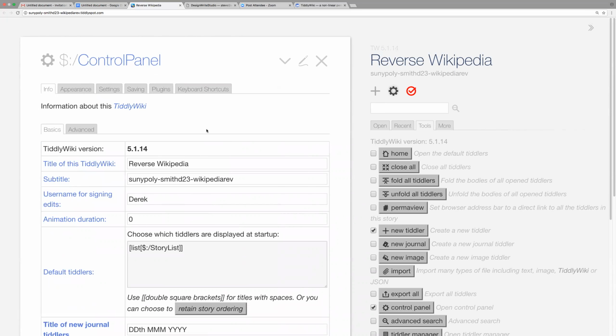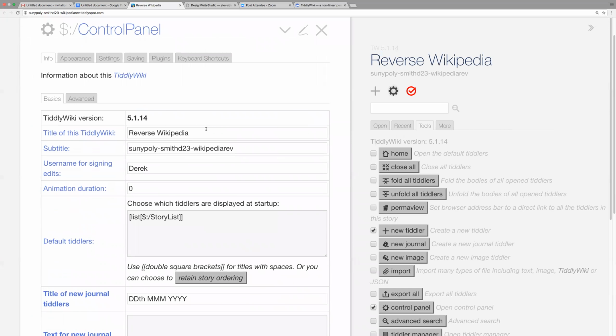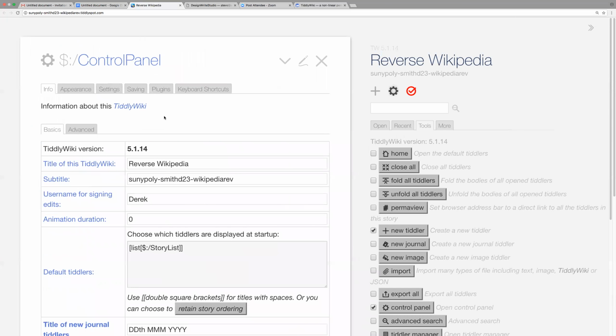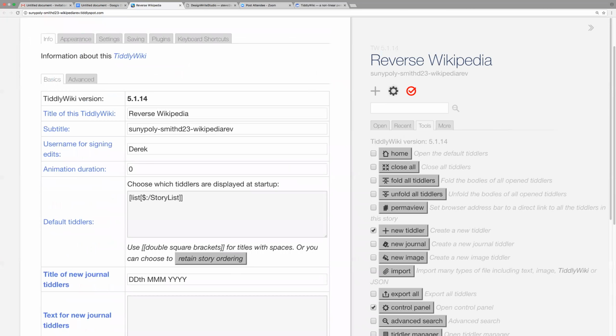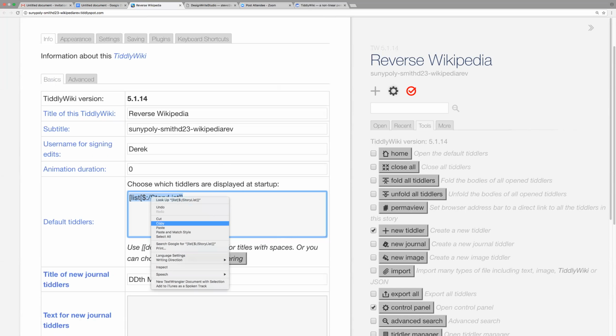There's something that we were going to do here. Oh, there it is. The default tiddlers. The default tiddler is set because of the way that we're doing it on TiddlySpot, it sets a default tiddler to all of the things that are stored in the tiddler called $:/StoryList. Copy that tiddler name, just not the list, just the name of the tiddler,